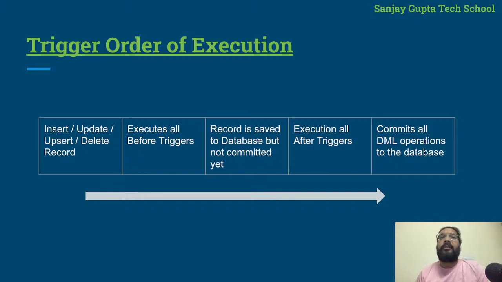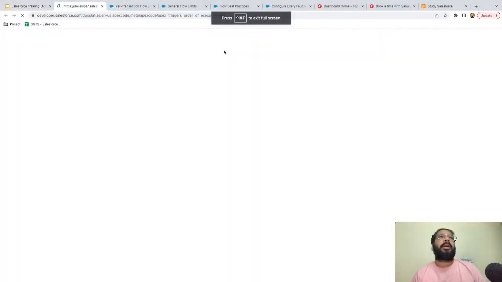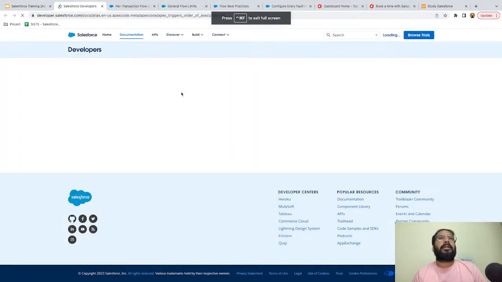Then after saving into the database, all after triggers execute, and then your commit operation will be done with the help of DML operations, right? So these are brief steps. I just identified 5 steps, but we have the whole order of execution. You can see here I have a link, so I'm just opening it so that you can see it